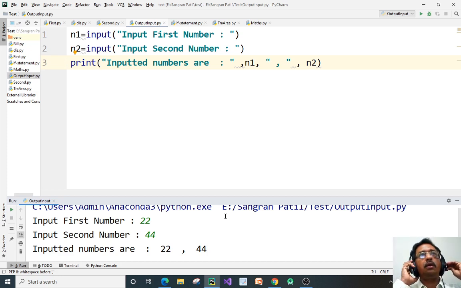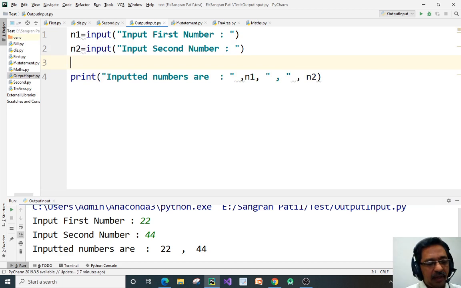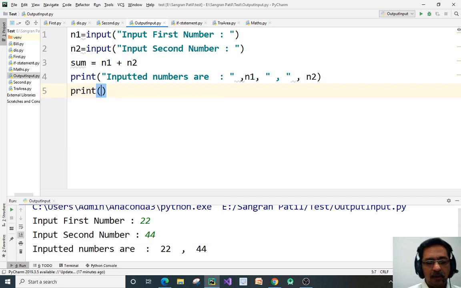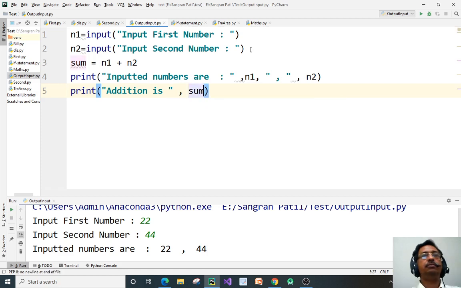Okay. Now we will try to add these numbers. So what I can give now, sum equal to n1 plus n2, and after this number, suppose I want to print "addition is" comma sum, like this.